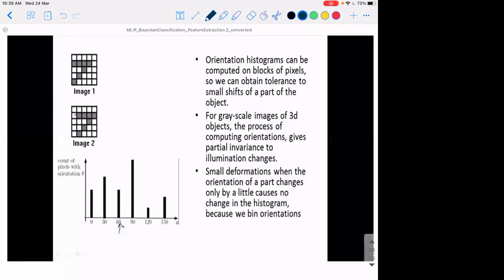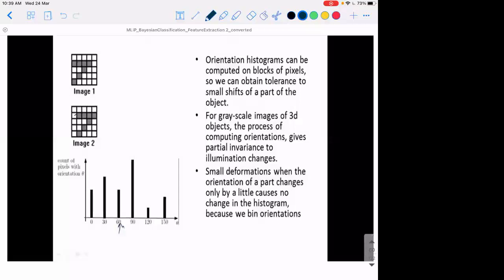So what essentially brings in invariance to small shifts easily is the histogram. The histogram enables us to make it slightly invariant to the shift in the region it is considered for. We take the histogram, and the shape information is captured through the angle of edges, and hence we take the histogram of the angle of edges.